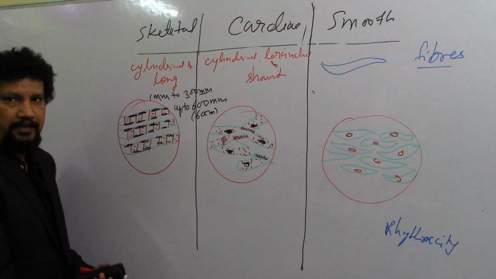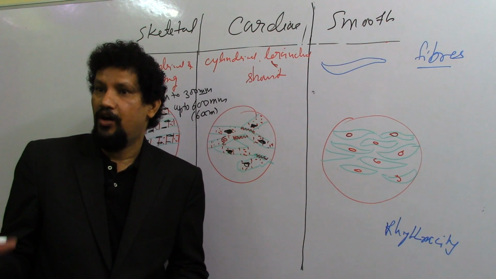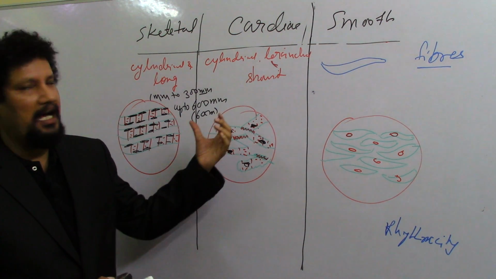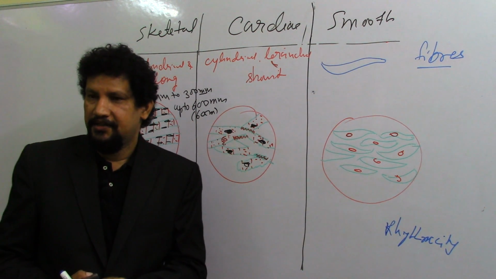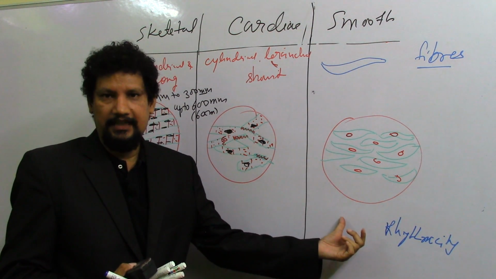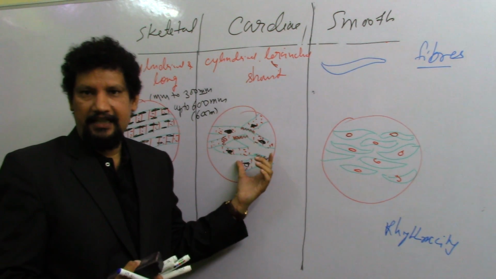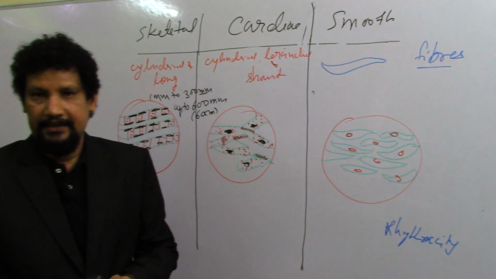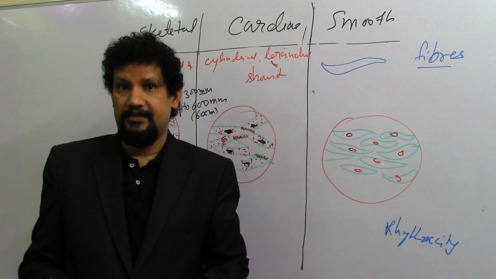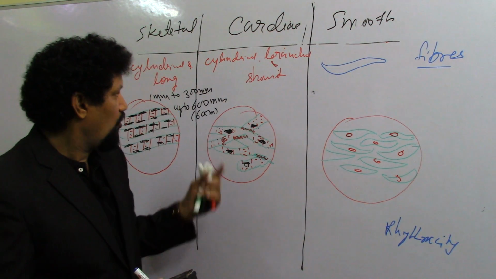These muscles can't generate the rhythmicity or the rhythm. On the other hand, these muscles are well known for their rhythmic movements or the rhythmicity. These muscles are also having the rhythmicity. The cardiac muscles are having the specially modified muscle fibers which are arranged and located in